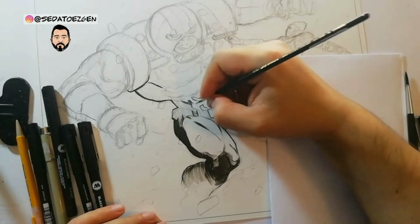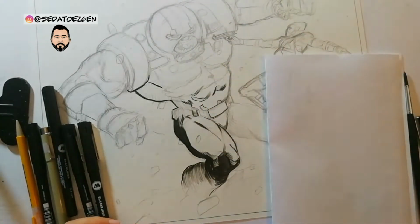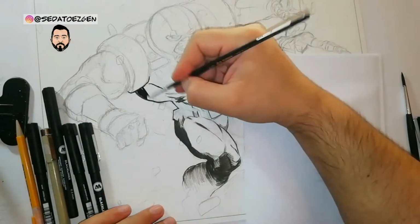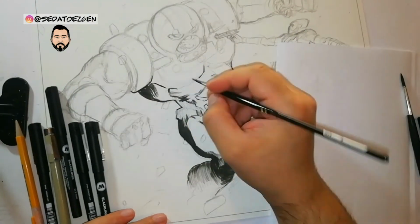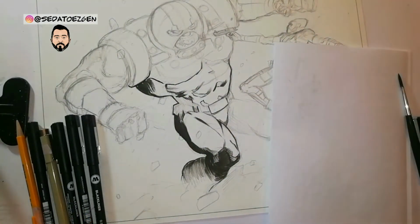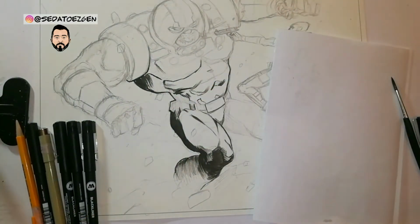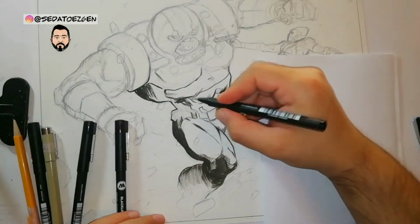I'm doing a little bit of feathering in certain areas of the body with the brush, but the results that I was getting with the brush here on this paper and with this drawing didn't, you know, work the way that I wanted it to work. So I decided to go with my fine liners, and this is where I am switching to those